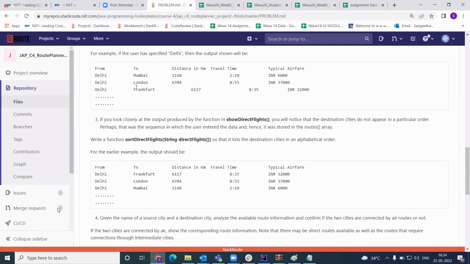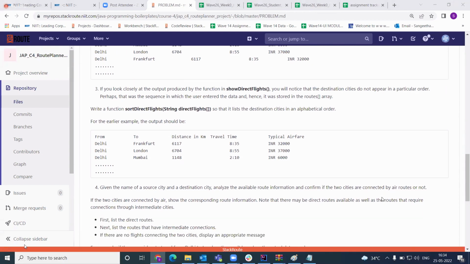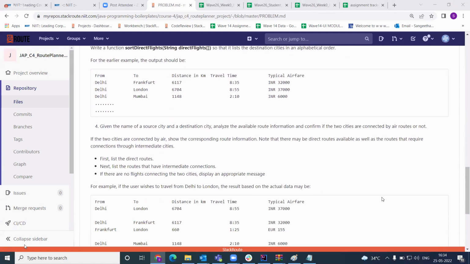Any doubt so far till task 3? Shall we go to task 4? Yes, ma'am. Yes, sir. So in task 4,